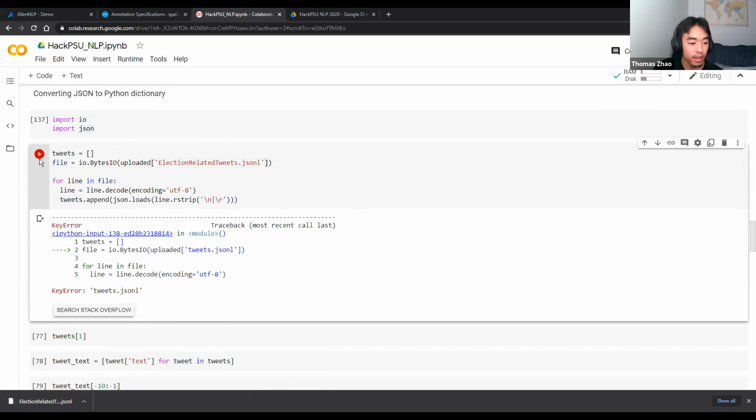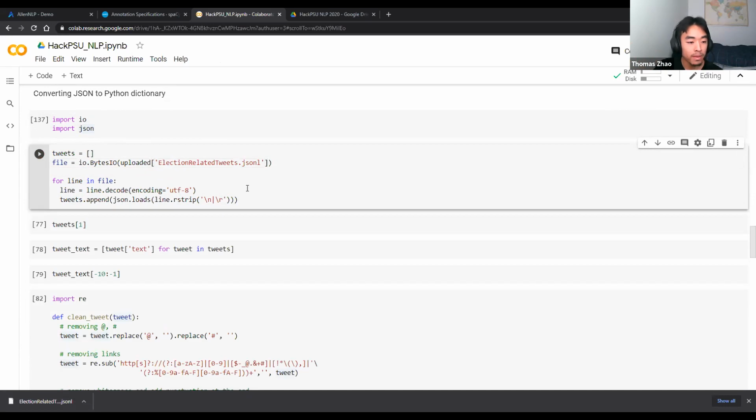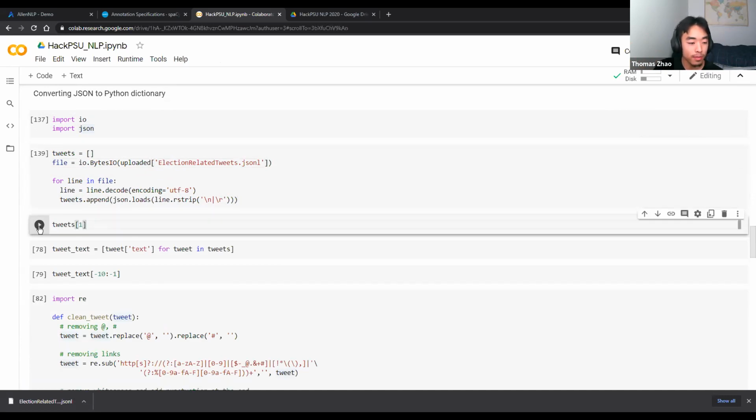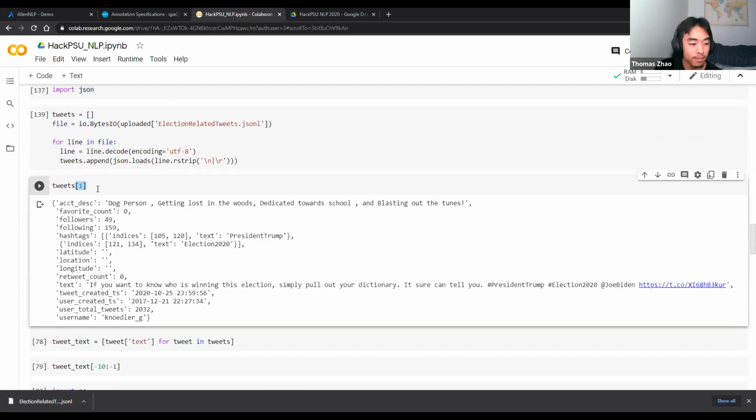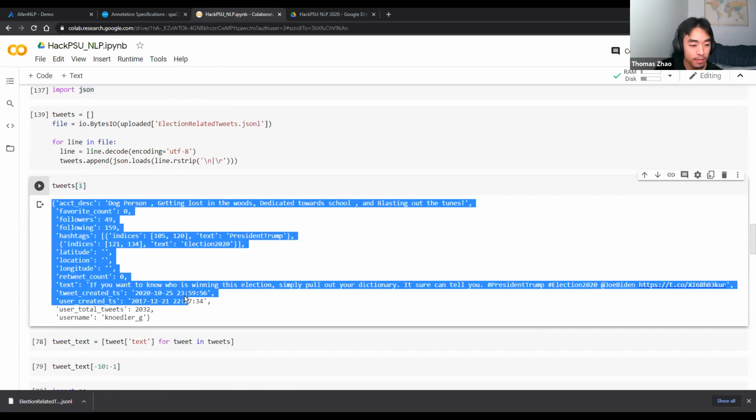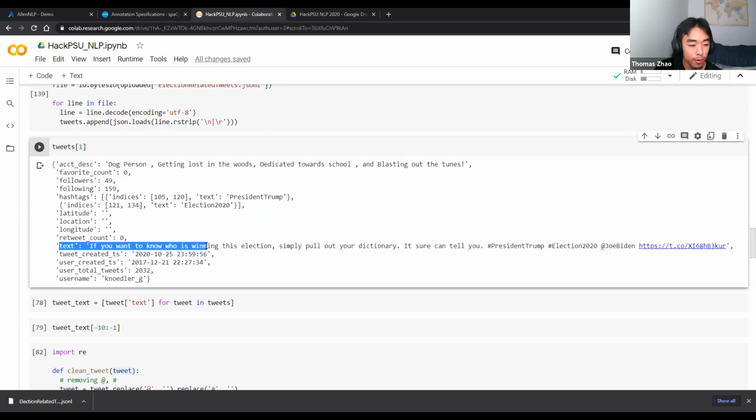Okay, and this is what I mean by Python dictionary. So each line is basically this dictionary that I loaded using json.loads. And you can see different aspects of the tweet here. What we're concerned about is the text, because that's where the natural language is.